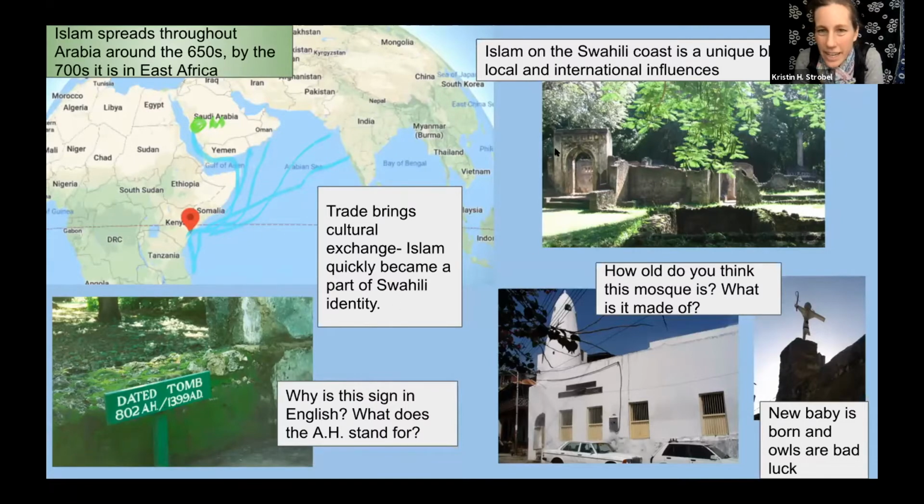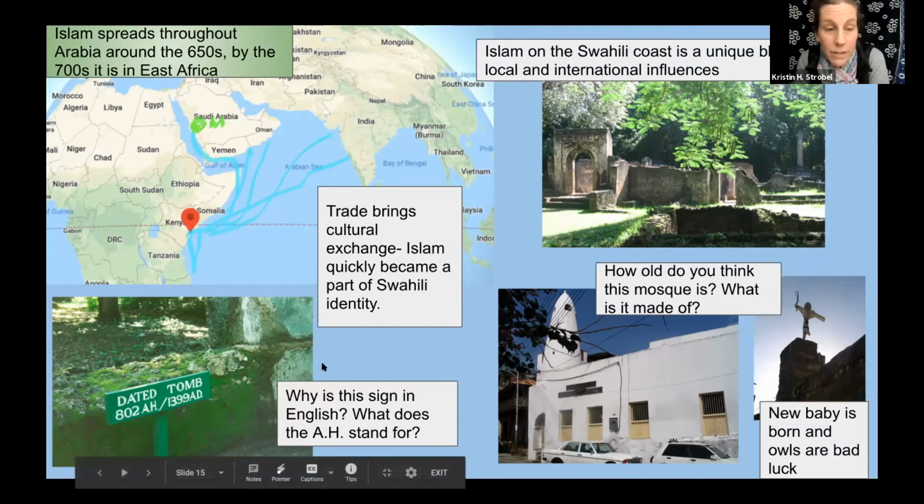One of the things that I like to talk about with the students also is, we did talk about how Islam does come into the Swahili coast really early. It's in its long-distance trade. There's not militaries coming in. This is a process of families coming, or traders coming, and people having children, building schools, building mosques, and slowly Islam is adopted. But it isn't the same type of Islam in East Africa, and just in the same